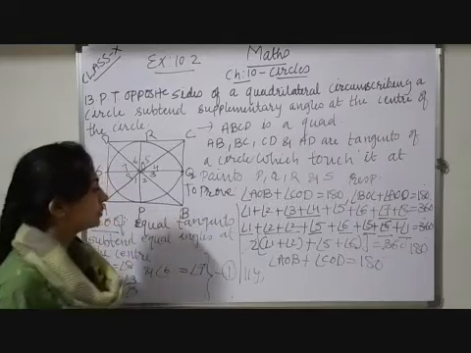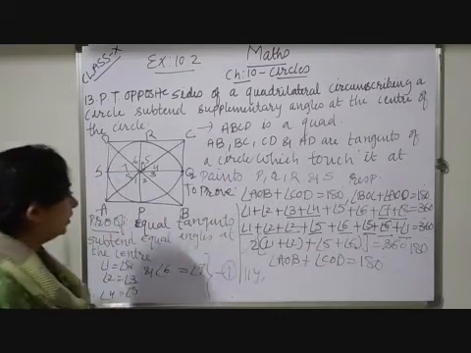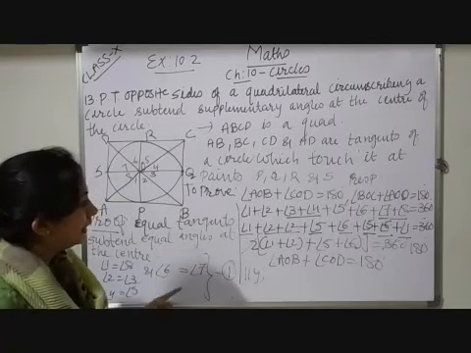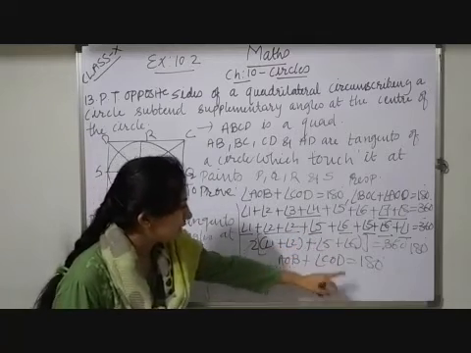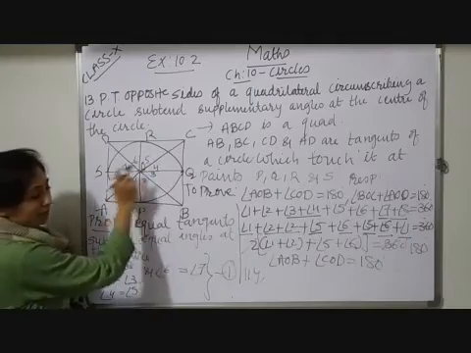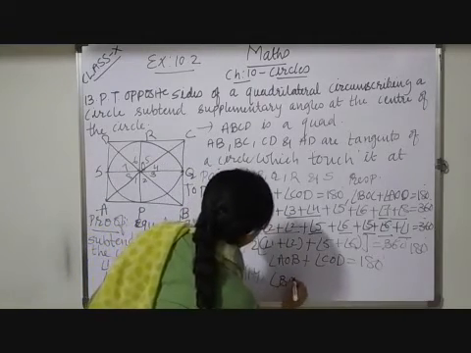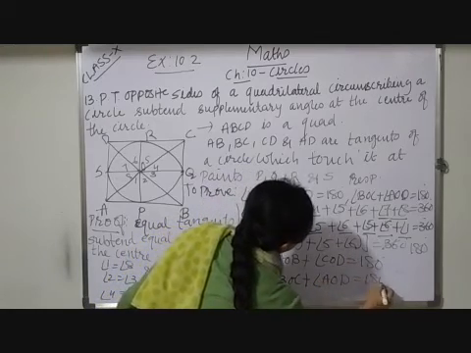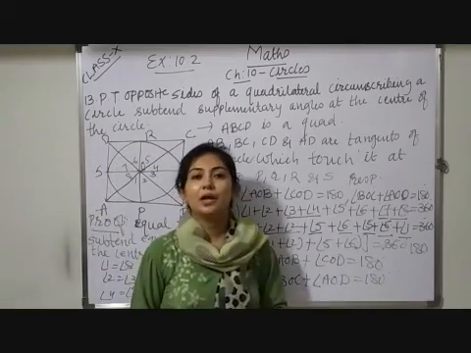Similarly, using these equations, you can place the values and prove that angle 3 plus 4 plus 7 plus 8 is equal to 180 degrees. So you will get these two opposite pairs. So similarly I can write angle BOC plus angle AOD is equal to 180 degrees. Hence proved. Hope this question is understood.